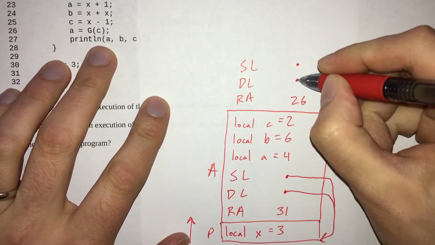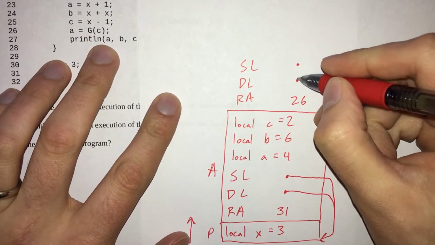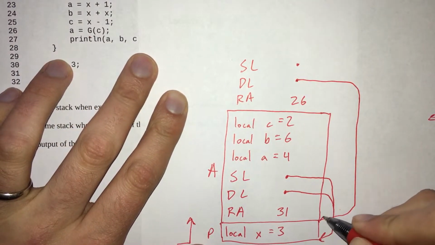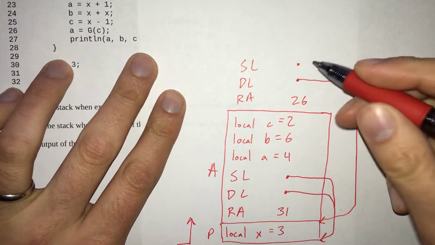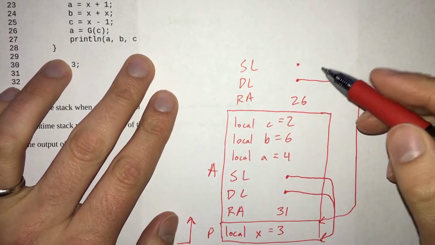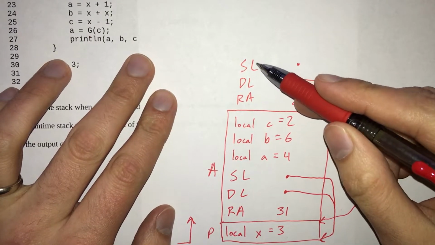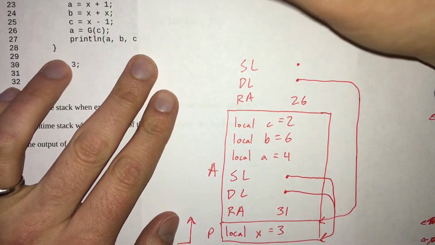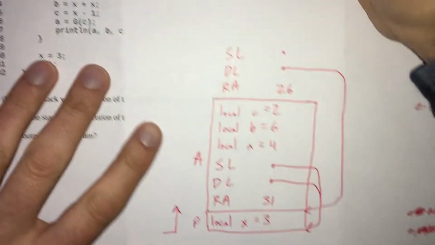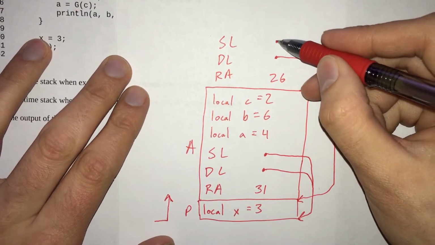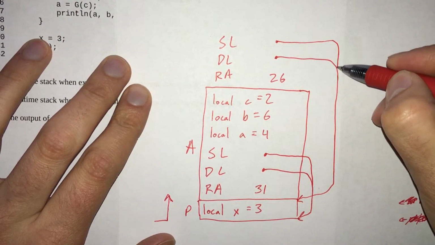So the dynamic link is always the function that called us, and in this case that is, I suppose I shouldn't have said function there. It's whatever called us, whether it is a function or just a generic procedure, subprogram, whatever called us. The static link is the enclosing scope. So the enclosing scope for G is A. So it just so happens that in this case, A is the thing that called us, and so these have the same